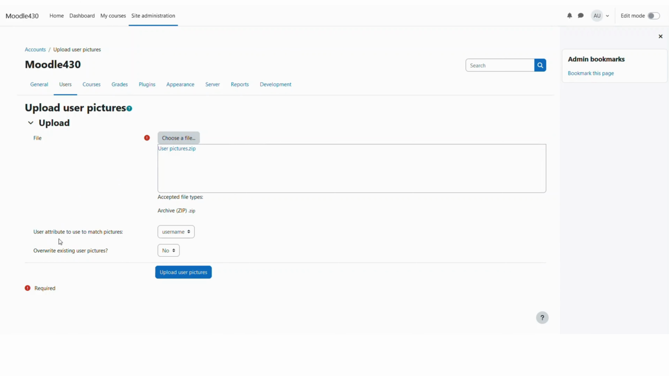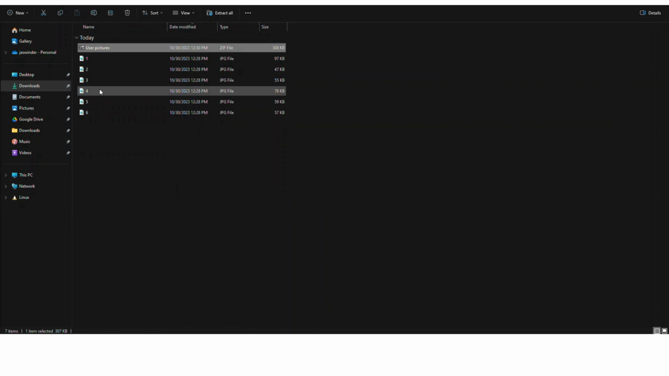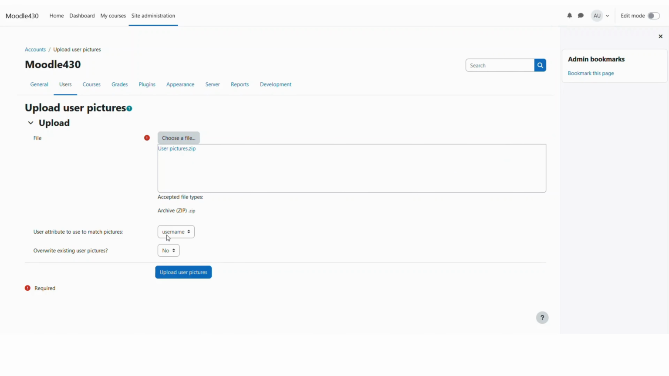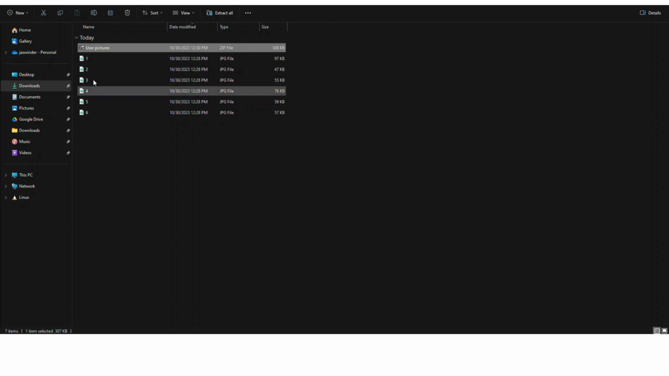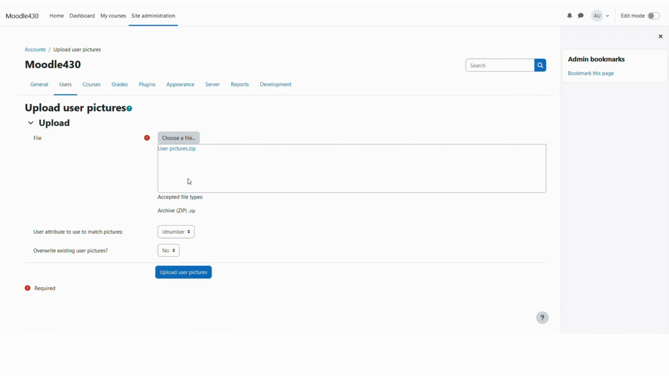Now here you can see that we have 2 fields to configure. First one is the user attribute to use to match the pictures. So either the names of these images are with the user attribute named as username or ID number or ID. So let me say that I will be using this ID number because I have numbered these images, and then